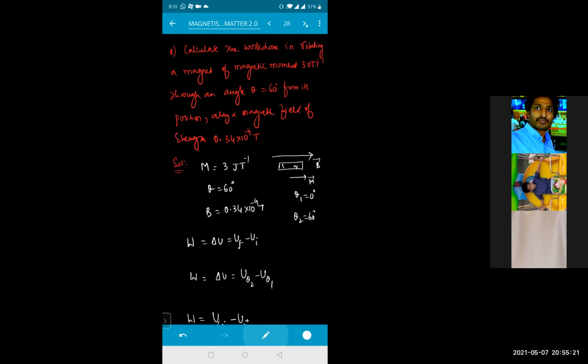Tomorrow we'll go for the numericals. I'll send you the assignment sheet today, so tomorrow we'll discuss the assignment on this complete chapter. For two days we'll keep to solving only, and we'll also hold classes on Sundays because the syllabus is larger and we need to complete it. So on Sunday also take out some time for revision, so that we can do numericals and previous years' questions related to magnetism.